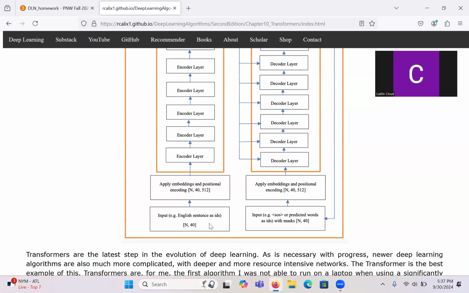I mean, this could be a mobile store, right? So if you didn't have that order, if you don't encode it in some way, then the meaning is lost. That's one of the problems that needs to be addressed, and it is called positional encoding. It's another technique that is used. So basically, initially, we give it English sentences, we convert them into embeddings, so you can see apply embeddings and positional encoding.